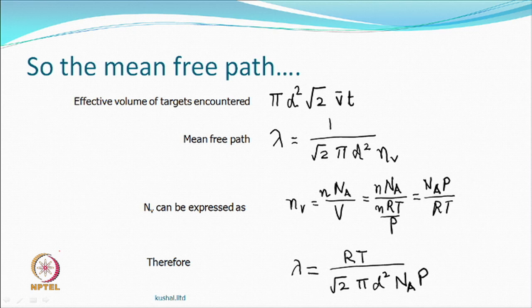Okay. And if we again say that n can be the number of moles times Avogadro's number, Na is Avogadro's number,